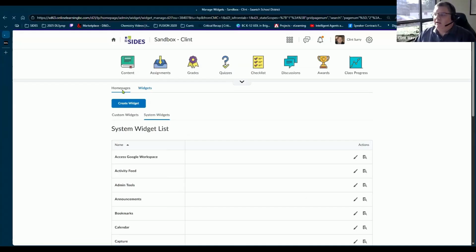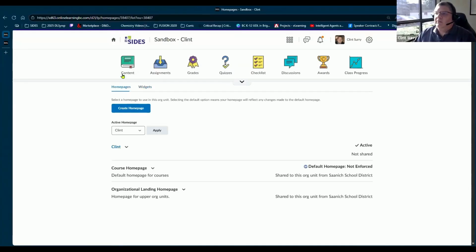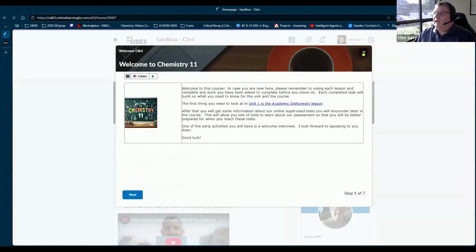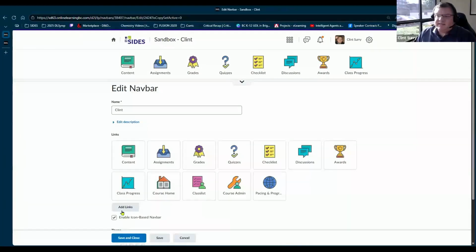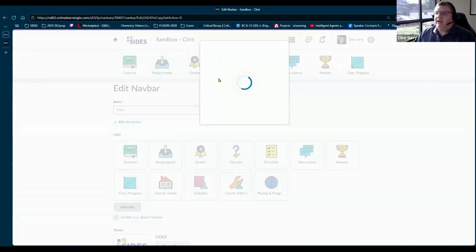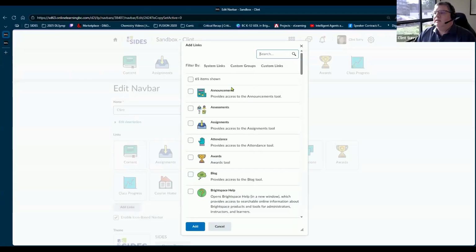Once you've added that widget in, I'm going to go back to my page here. You can edit the nav bar and have the widget appear up here. And it's as simple as click add link and then find the particular widget that you're looking for on this. So like if I type welcome